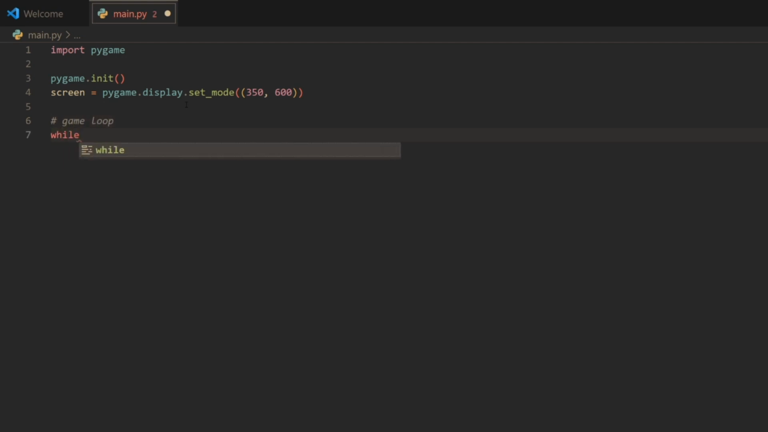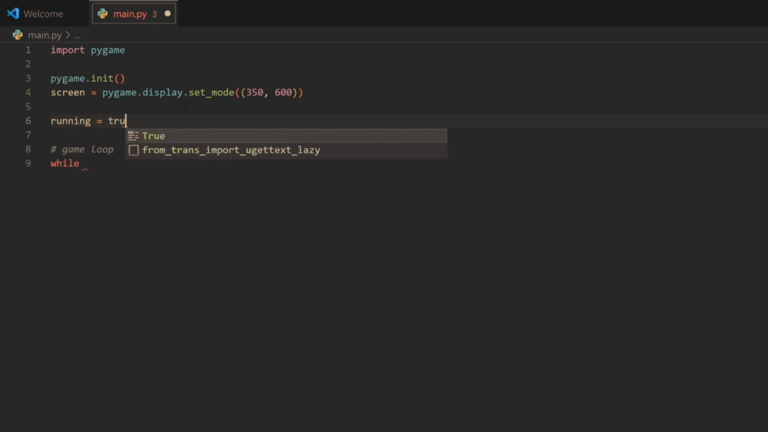I'm going to do while, and then we need a condition here, a condition that can be true. So let's go above and create one. We'll create a Boolean variable, and a Boolean variable can basically only be true or false, which is very useful in a while loop. We will do running equals True. Then basically what we'll do is while running, and then a colon. And now all we'll have to do is